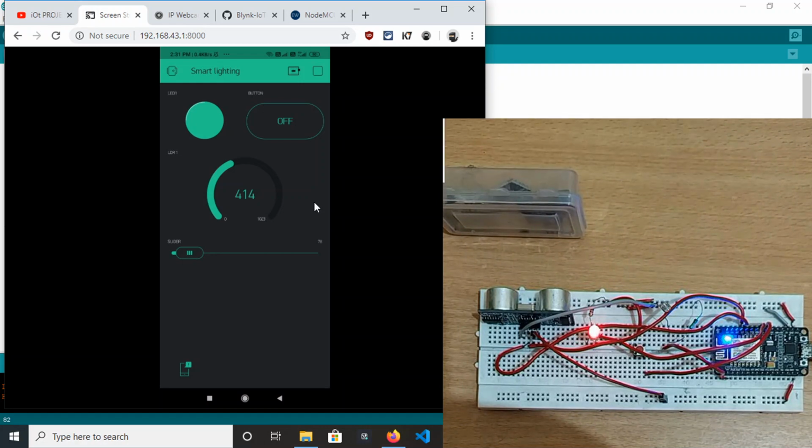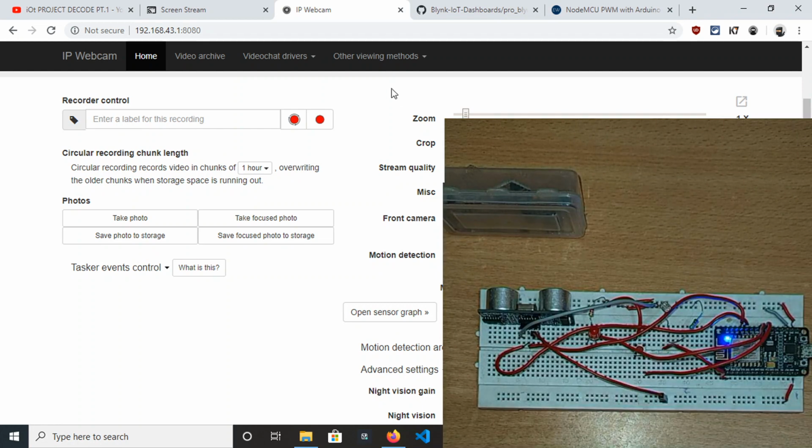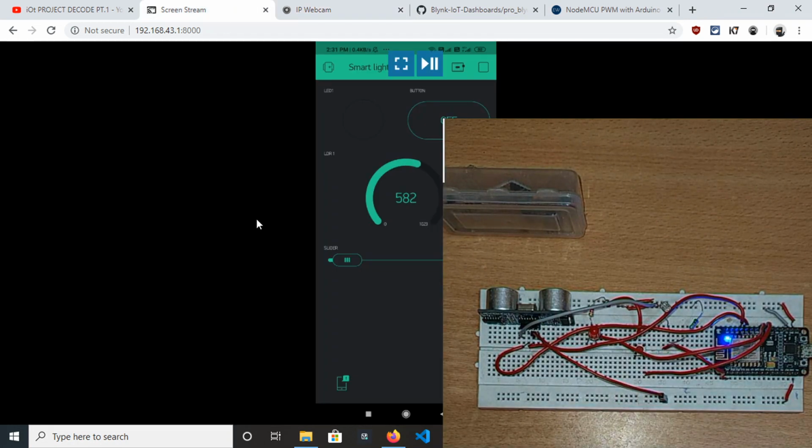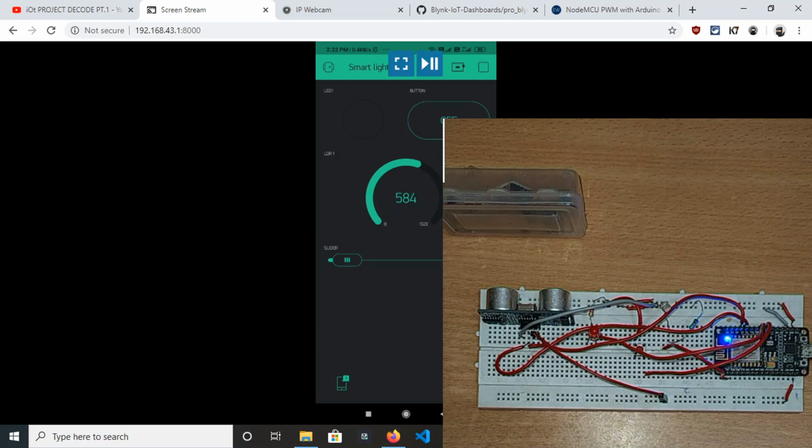And for the daylight, all these things will not work. All these things are off, as we don't need to turn on the street light in the daytime. So for the daytime, let me turn on the flash of my phone so we can see here. Now in the demo the bulb is turned off, and in this application as well the LED bulb is also turned off.